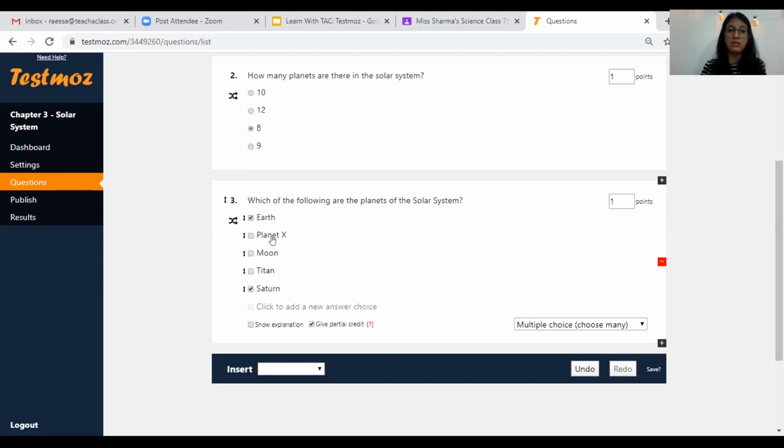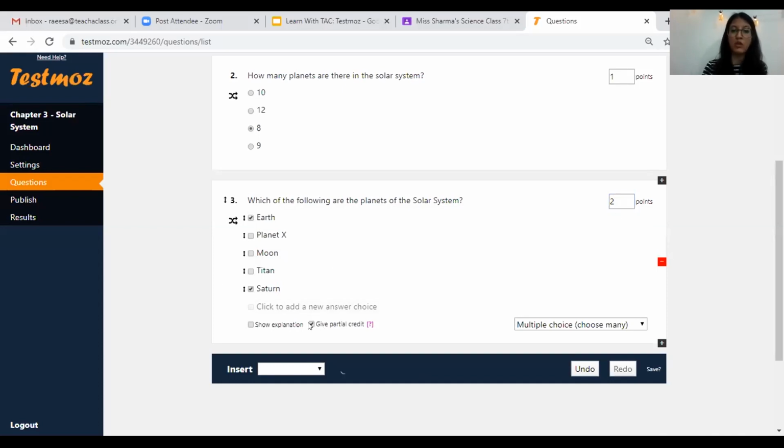Now, I'll show you another cool feature. Now to grade this, I will give this 2 points because there are 2 correct answers over here. So I want to give the weightage of 2 points or 2 marks. And over here, I will select give partial credit. That is, if the student answers even one of the 2 correct answers, they will get some marks instead of 0.